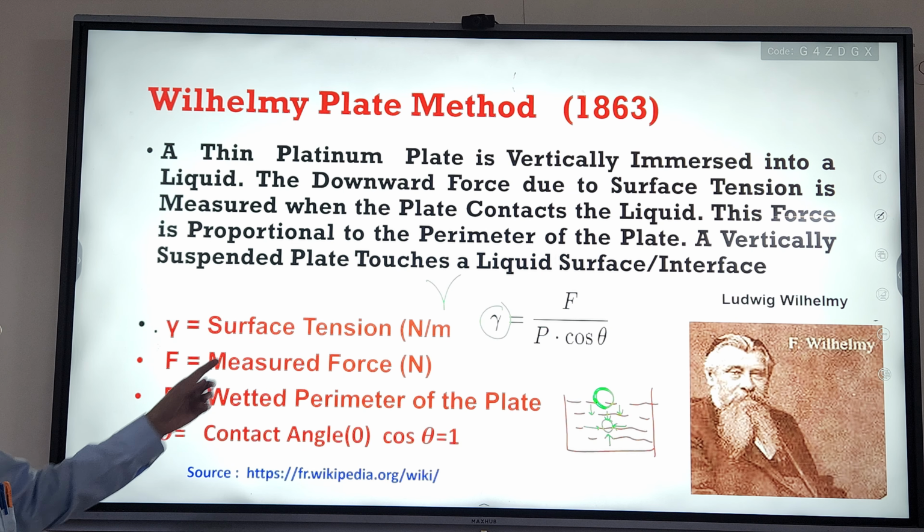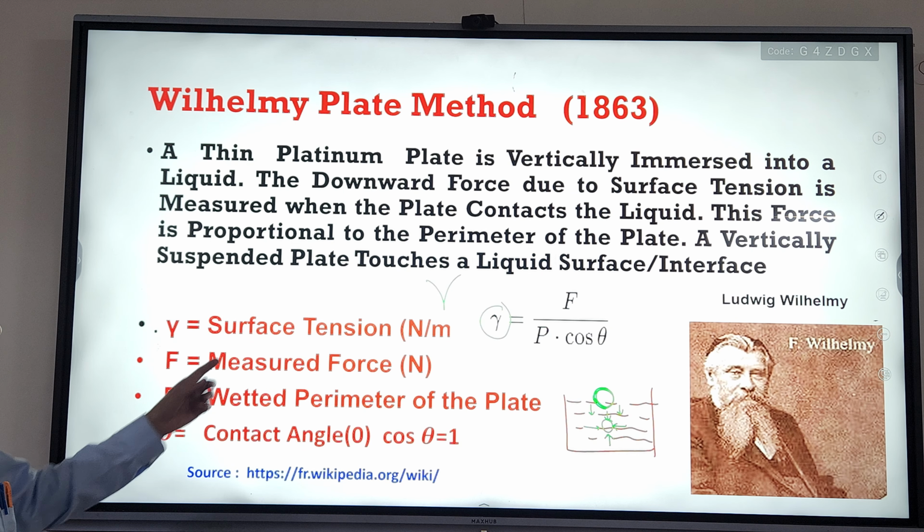P is the wetted perimeter of the plate, and the contact angle is generally theta or cos theta. I have taken this photograph from Wikipedia. I will not discuss the details of the theory because our objective is to perform the experiment, and before doing the experiment, you must know some of the fundamentals. Now, the student will use this